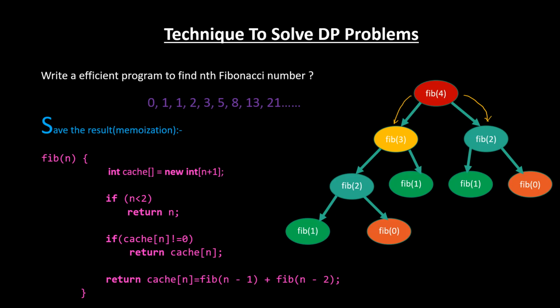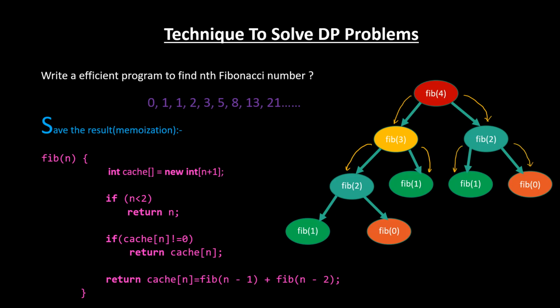And we'll do the same for 3 and 2 also. If fib of 3 is already there, we will return the result. If it's not there, then make a call down. Right? So in the same way, when you want to calculate fib of 4, we'll see if the result is already there in the cache, we'll return it. Otherwise, we'll go till the bottom